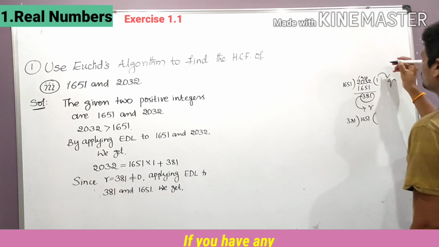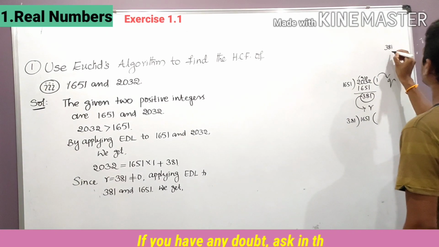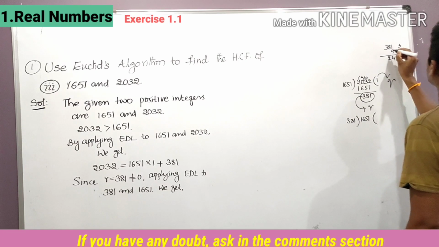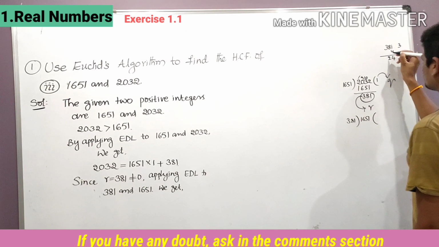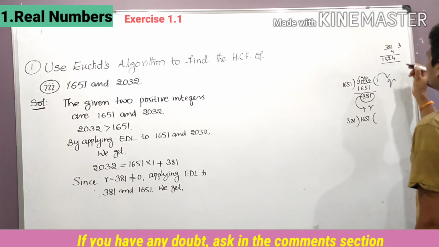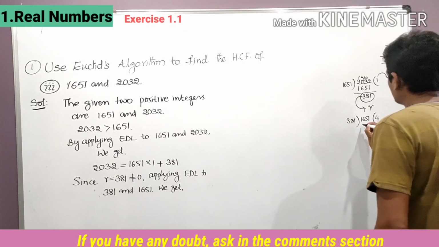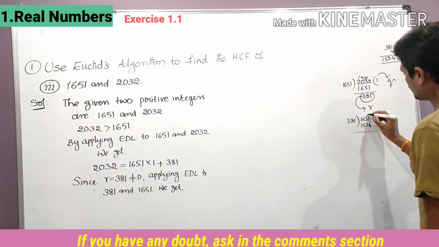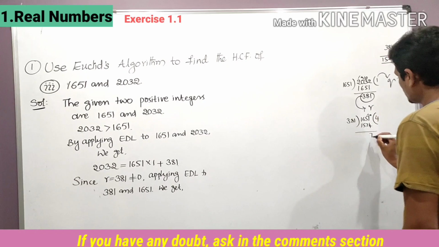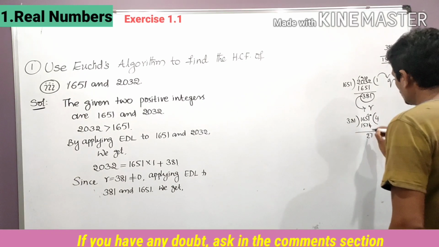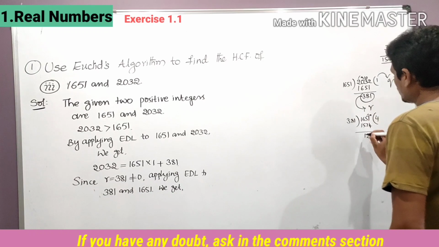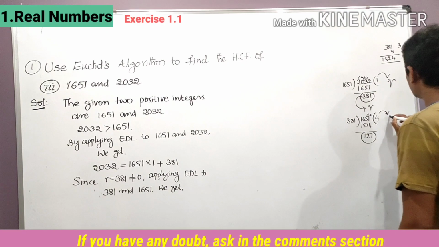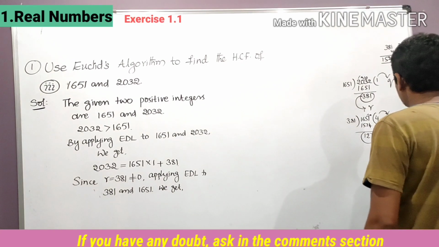So try 381 into 4. 4 ones are 4, student, 4 8s are 32, 4 3s are 12 plus 3 is 15, 24. Yes, it goes 4 times. Now subtract. Borrow from here, 11 minus 4 is 7, student. 4 minus 2 is 2. 6 minus 5 is 1. 1 minus 1 is 0. So 127 is the remainder, student. 4 is the quotient, this is Q, and 127 is R.